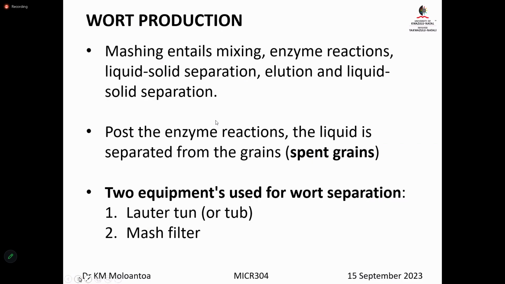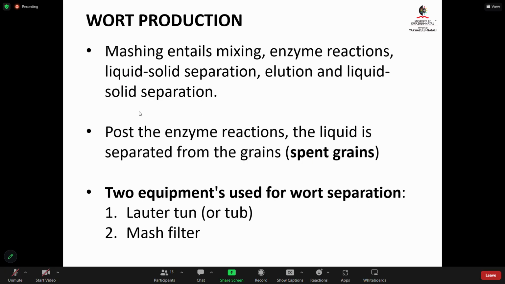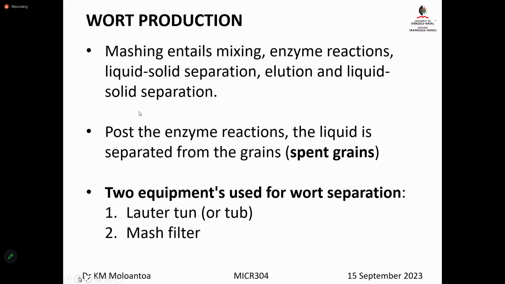So mashing entails mixing, which we spoke about, and I think this is the slide that we stopped at, after telling you that we will have to show you how a lauter tun or a mash filter looks like. There is a traditional method that can be used, and obviously with developments, everything has been optimized. And with optimization comes automation. So we do have automated systems that can allow you to brew without stopping. As compared to the traditional methods, where you had to do everything manually, which is quite laborious. However, with the recent systems similar to the one that I showed you in the morning, you can